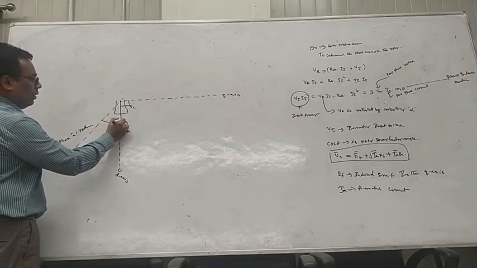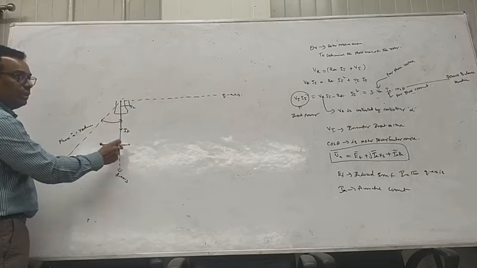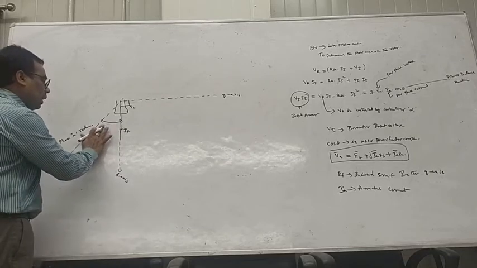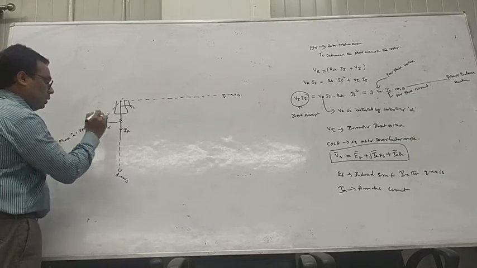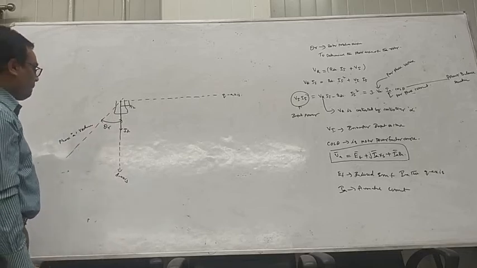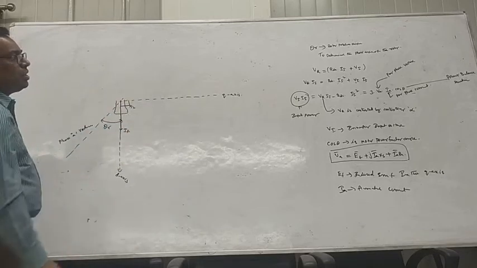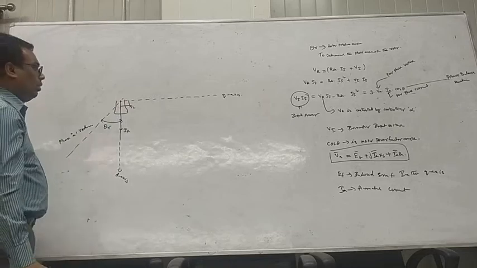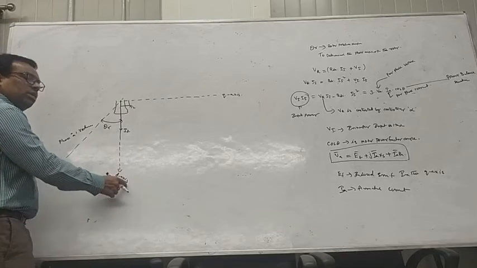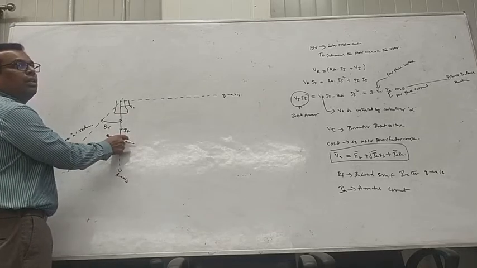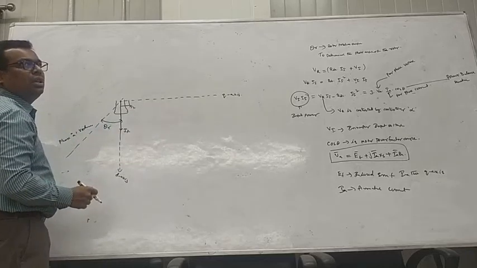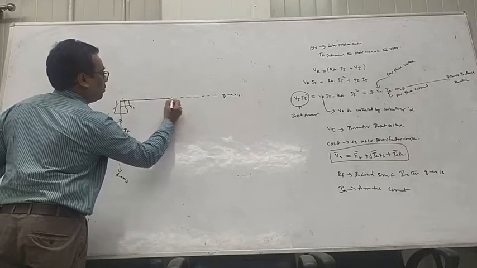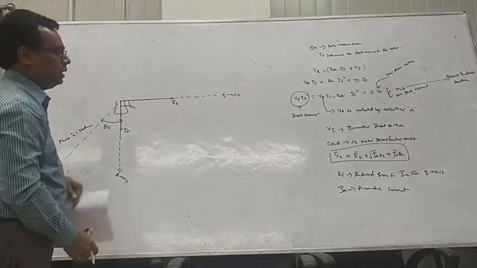And this angle, phase A reference to the direct axis current IF, is nothing but gamma. This is the rotor angle theta R. Understand this? This is the rotor angle theta R. I already discussed the rotor position angle theta R to determine the phase angle of the rotor. So this is theta R. In the direct axis, the field current is existing, and in the quadrature axis, the field induced EMF EF is existing.